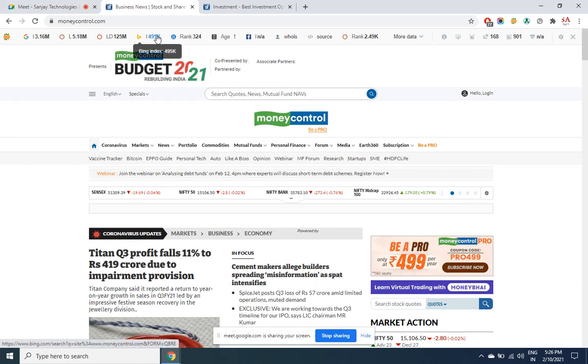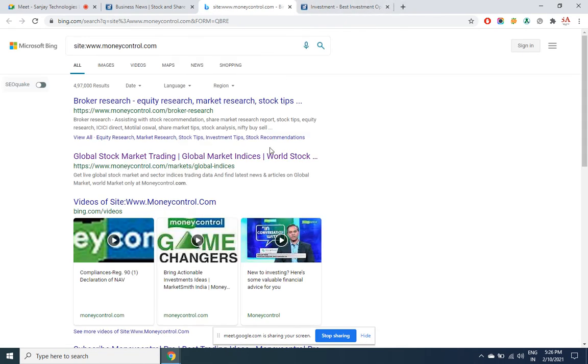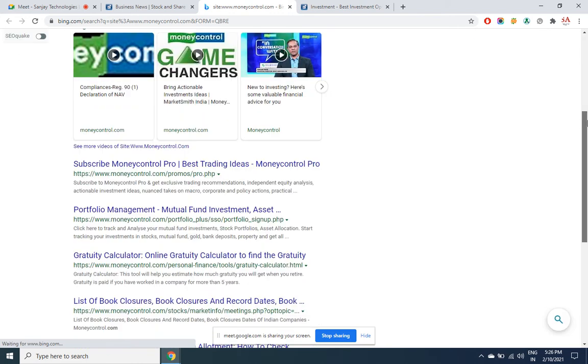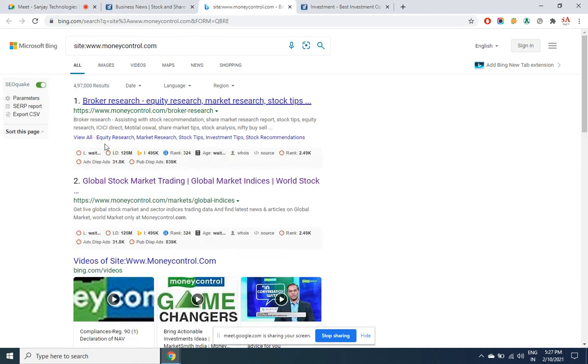Link directory. So first one is Google index, second is the links, third is the link directory, fourth is the Bing index. How many pages of this site are present in the Bing search engine? When you click on this, you can see all those pages which are present in Bing. In India, it is not of that much use because we use Google more widely than Bing, but in some countries, Bing is more widely used than Google. Maybe for them this is useful. Same as Google, you will be able to see here.